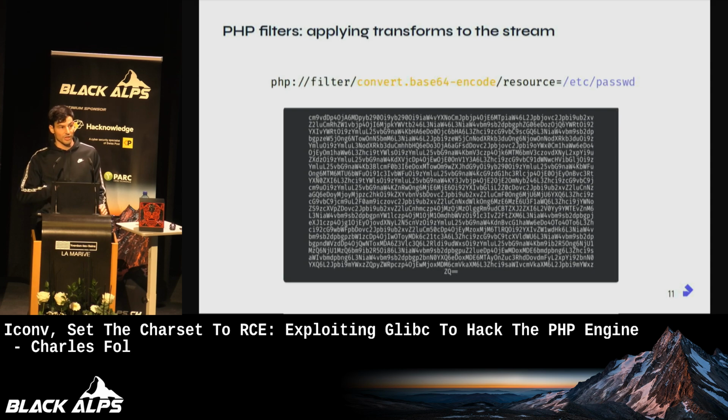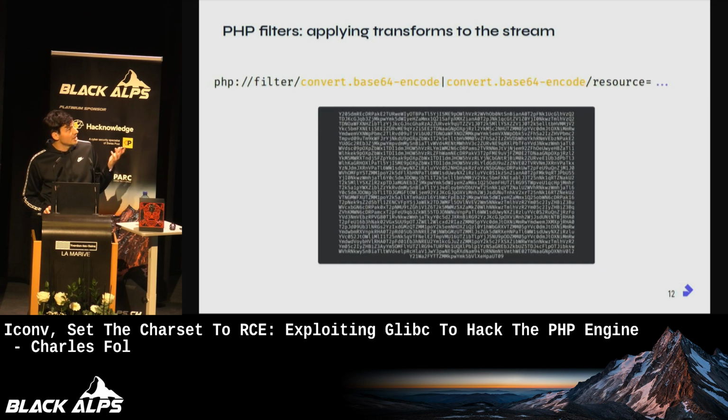What it does is that it will base64 encode the file. So if you read such a file using a PHP function, it will read the file, convert it to base64, and return it to you. So it was meant for developers, but I've never seen any developer use this. It's actually a tool for hackers mainly, and you can stack as many filters as you want. You can have 1, 2, maybe 1,000, like there's no limit at all,